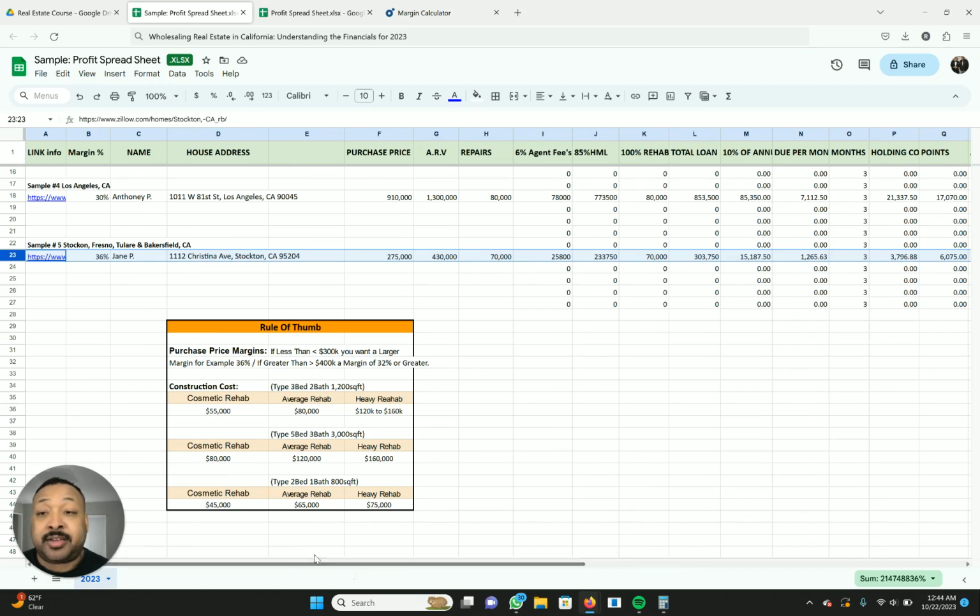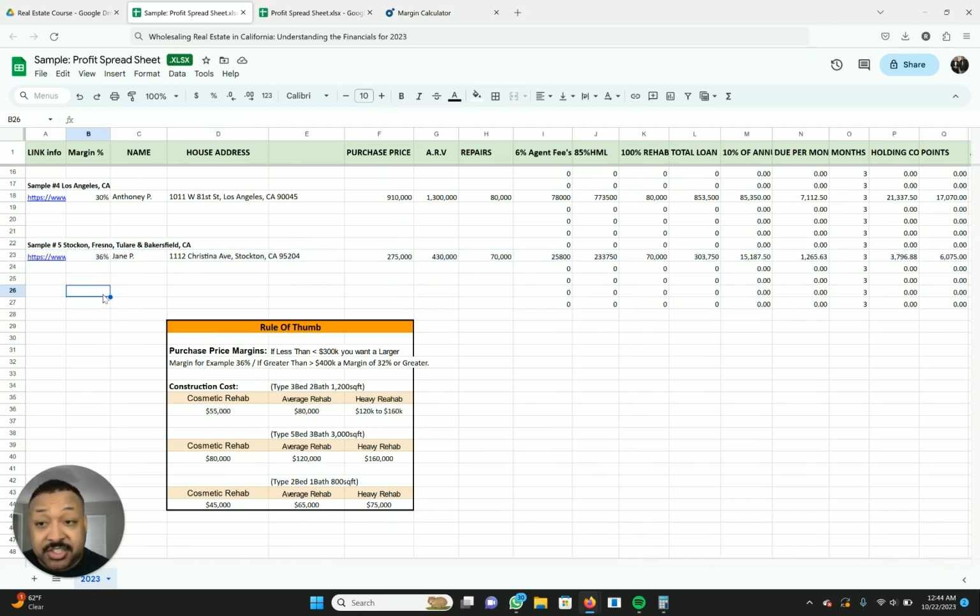Okay, so I gave you guys this little legend here, and the purchase price, exactly what I was just saying. If it's less than 300,000, you want a larger margin, for example, 36%. If it's greater than 400,000, a margin of 32% or greater is good, and that extra 2% is your wholesale